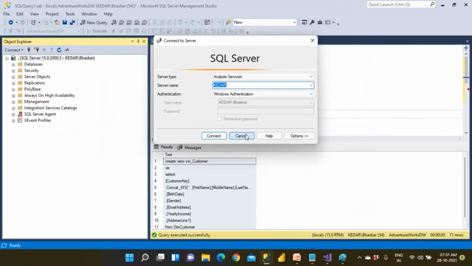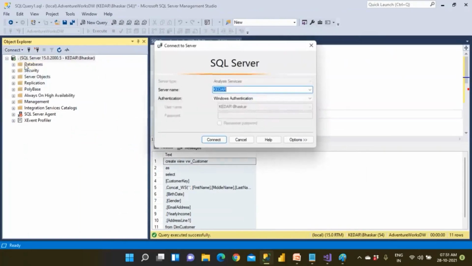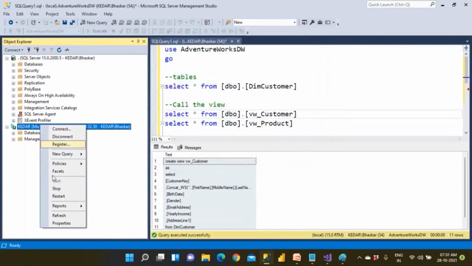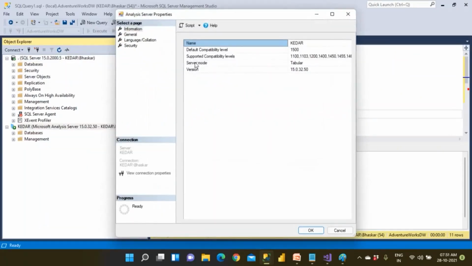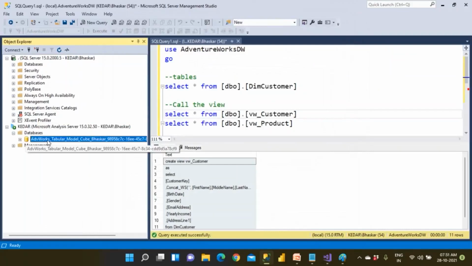That is also fine. Or you can also simply click on this triangle, Analysis Services. Now give the server name, right click on this and go to Properties. You should be able to know what kind of installation you have done, tabular model or multidimensional model. Am I clear? All these things are very, very important, guys. Clear? So this is how you should be able to create a model, and it has also created the AdventureWorks